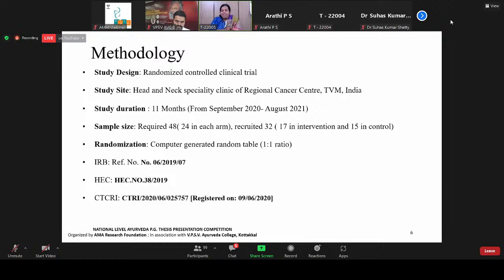This was a randomized controlled clinical trial conducted in the Head and Neck Specialty Clinic of Regional Cancer Center, Trivandrum. The duration of the study was 11 months and the required sample size was 48, 24 in each arm. But due to the COVID pandemic, we were able to recruit only 32 patients. The recruitment was slow, with 17 in the intervention arm and 15 in the control arm. The randomization was done using a computer-generated random table in 1:1 ratio, and all the statutory requirements were satisfied, like the institutional review board and an independent human ethical committee, and we also registered in the